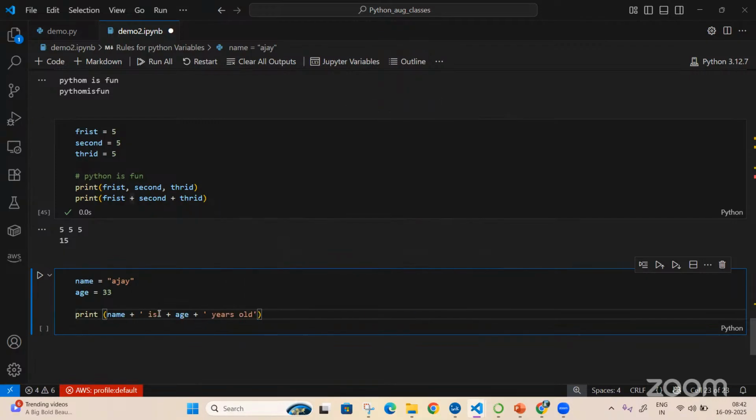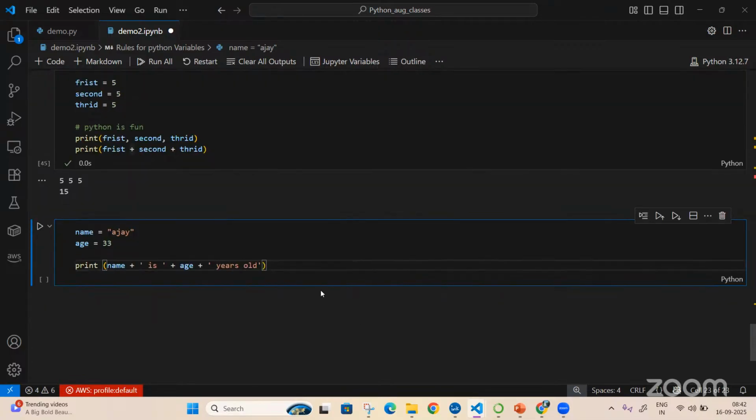What will be my output? Ajay is 33 years old. First, it prints his name, Ajay, is 33 years old.